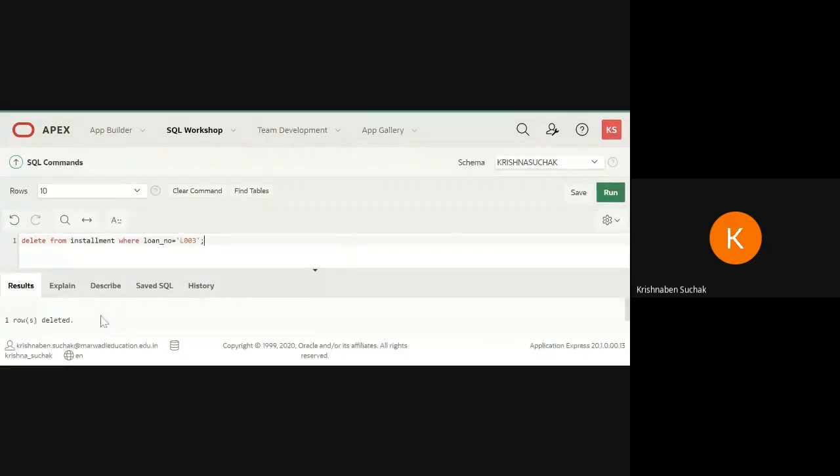One row is deleted. Now let us check the table. See, now L001 and L002, these two data are only there in our table. Okay. L003 is deleted.